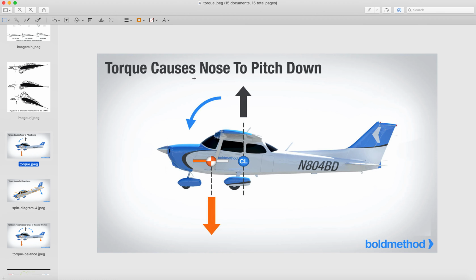So torque causes nose to pitch down. Okay. So you have here two things. You have this center of lift, which is here, and you have what they call the center of weight, or what they call center of gravity there. Now, what happens is that would cause the nose to pitch down because it creates torque towards the nose, which would bring the nose down the way, right? But, right,